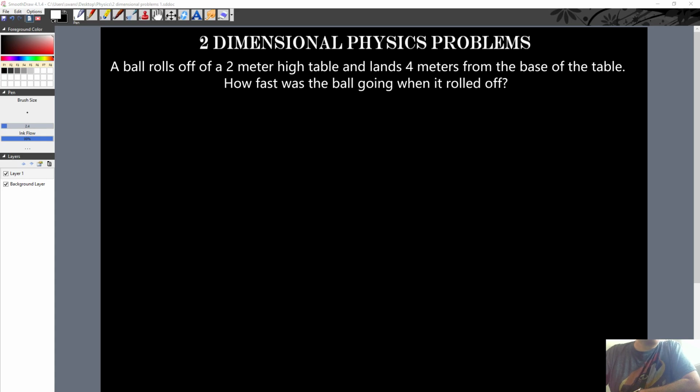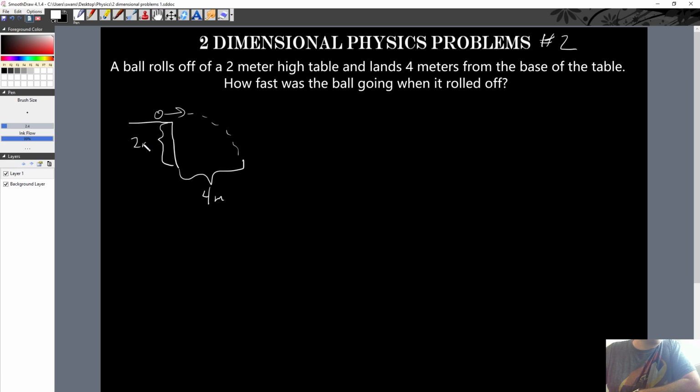Okay, folks, so this one's very similar to the last one. I'll call this one number two. But very similar. Again, it's a table, and a ball is rolling off, and it falls. It says it falls 4 meters from the base of the table, and it says the height of this table is